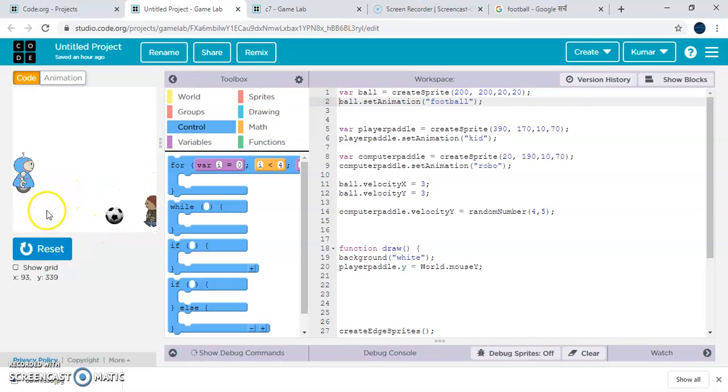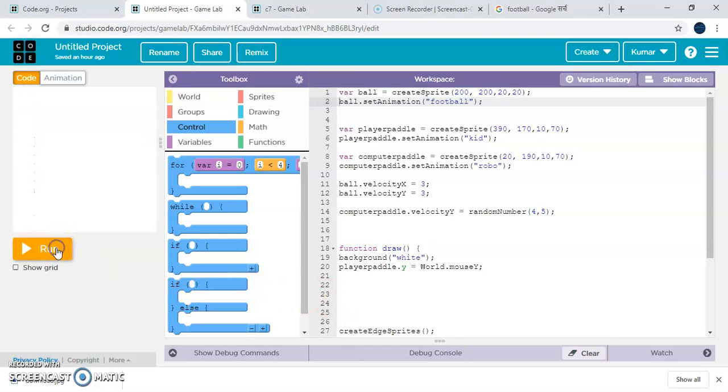So we can see that the ball is moving and the computer pedal is also moving and the boy is also moving. Now we are going to add scores so that we can play it and keep a note of how many points we get. It will make the game more interactive. So outside the function draw, we'll write a command